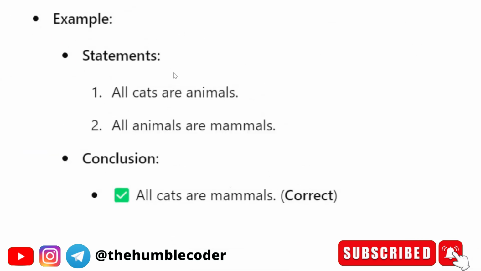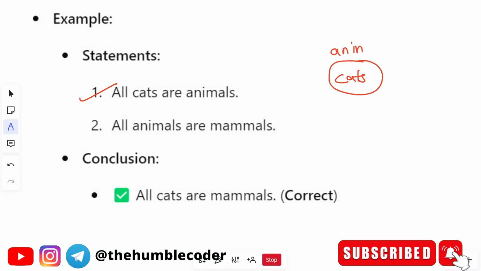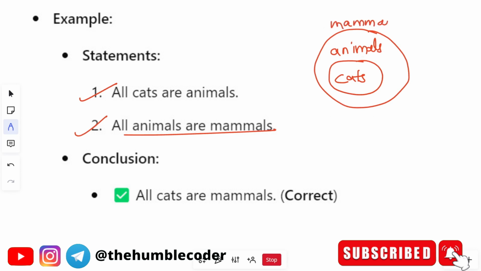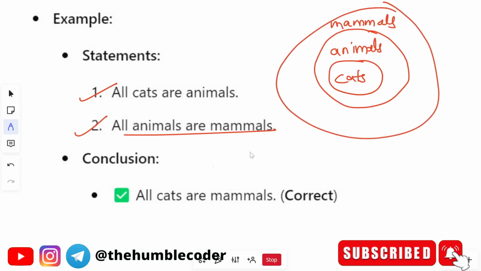Let's see a few statement based questions. First is: all cats are mammals. Using a Venn diagram, you can mark it in this way. This shows that all cats are also animals. What is the second statement? All animals are mammals. How will you draw it? You will draw it in this way. So now all animals are also mammals. Now what you are asked is, are all cats mammals or not? You will have this as a question, and the options will be true, false, or something similar. According to this diagram, all cats are coming under mammals, so you can say this is true. Hope you have understood it.